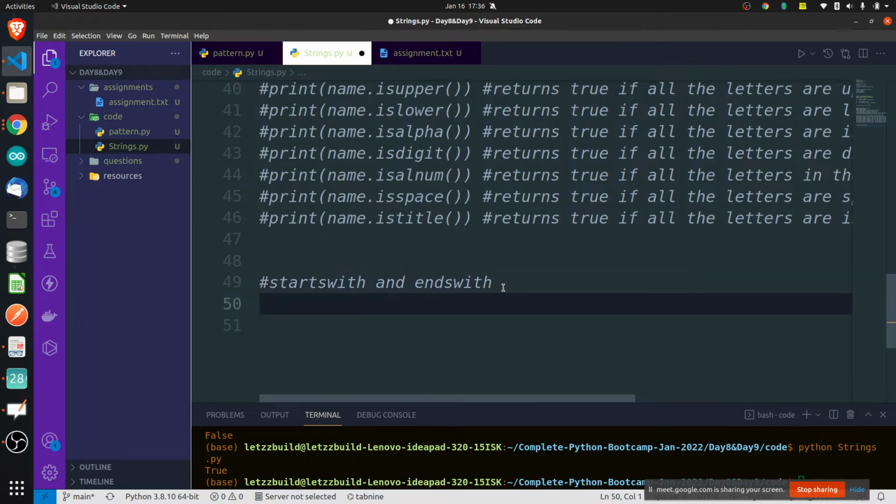Starts with and ends with. When do you use starts with and ends with? You want to check whether something in the string is starting with a specific word or not. For example, let's say check if the string is starting with the word hello, the string is name.